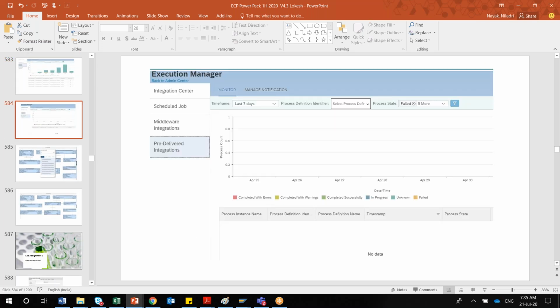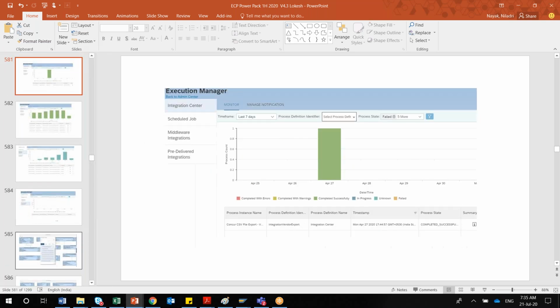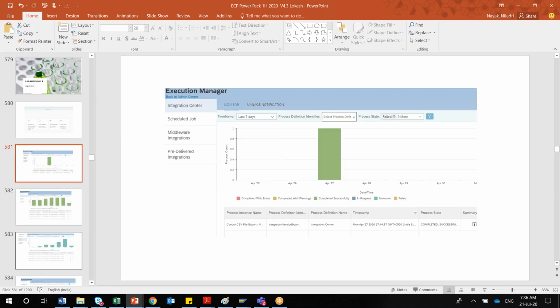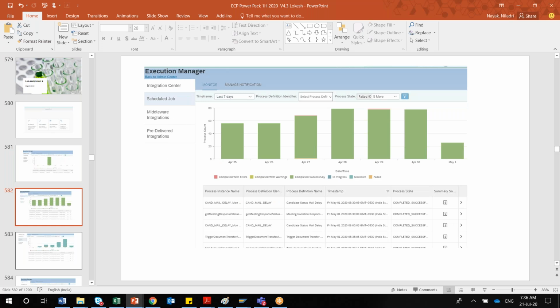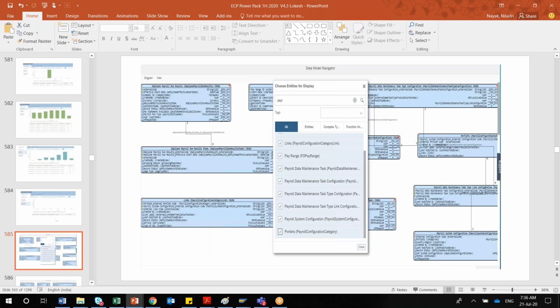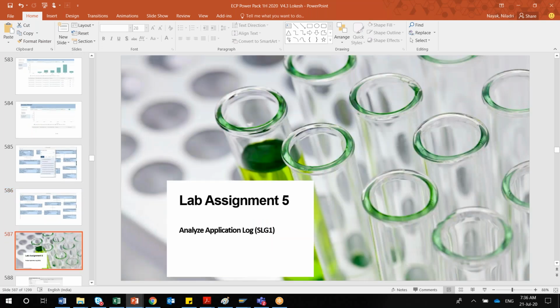For that reason, some of the participants have used Delboomi and all, so they asked how to monitor that. For that reason, I have included this topic here. Otherwise, previously it was not there. I included it just one session before. So just a basic understanding of the integration center, how it works, how this interface looks like. For that reason I kept it here.